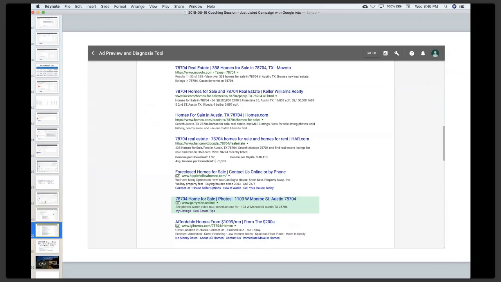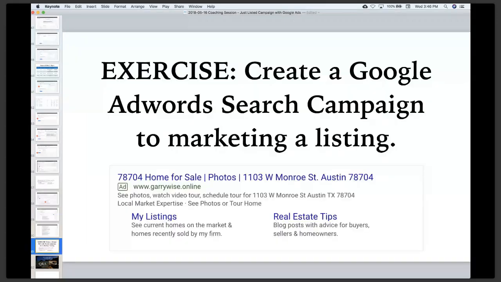I'm going to leave you guys with a little bit of an exercise, which is to create a Google AdWords campaign to market a listing. Here's the thing. Even if you don't have a listing, do a recently sold one. Just don't run the ad itself. Or change the language so that people can see what the recently sold home in a particular area sold for, so they can see the photos and stuff of that particular home. So the homework I'm going to leave you with is to create a Google AdWords search campaign to market a listing. And with that, I think what I'm going to do is switch over to Q&A, but